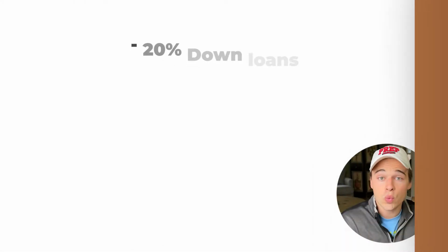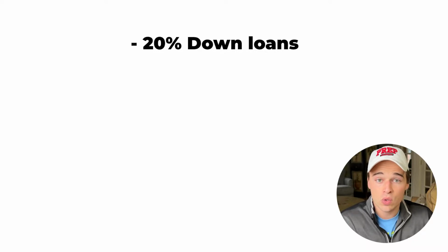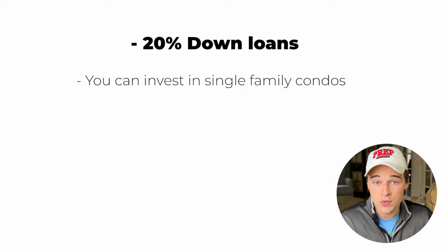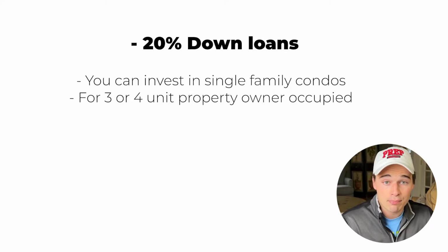If we move on to 20% down, this is where private mortgage insurance will fall off of your loan. So if you put 20% down, you no longer have to worry about PMI. You can invest in single-family condos with 20% down. And if you're looking to buy a 3 or 4 unit property owner-occupied, you can buy that property with a